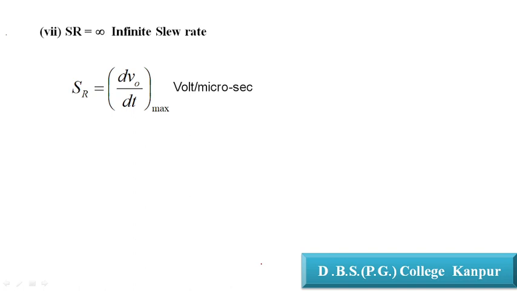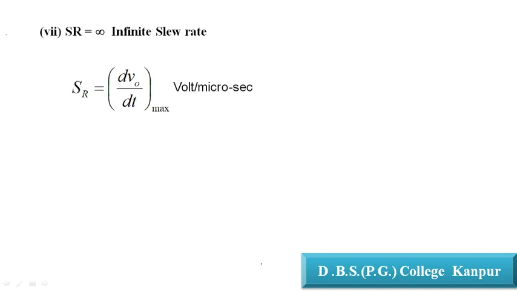The rate of change of the output voltage means the slope. One axis is the voltage axis and the other is the time axis, and the ratio of voltage difference to time is the slope. The slope decides the shape and size of the wave. So slew rate is a very important quantity that decides the shape of the output. It is the maximum of dVout upon dt, the maximum rate of change of output voltage.